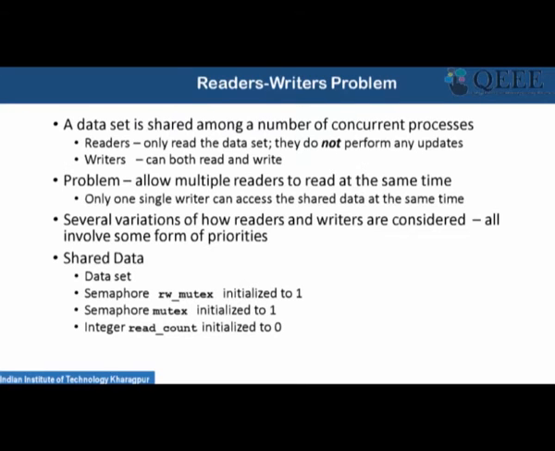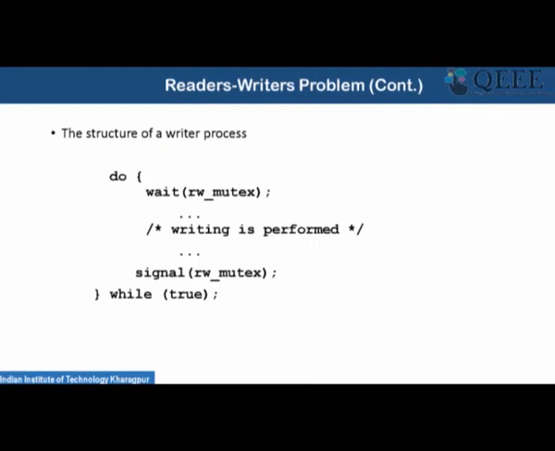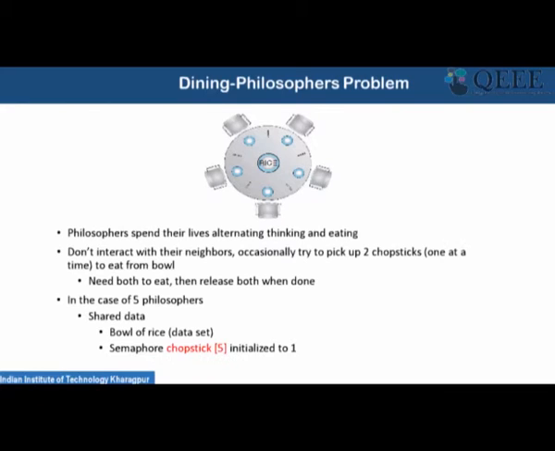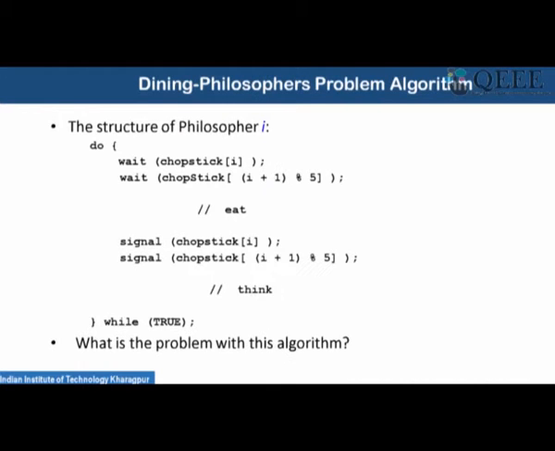So there are other conventional problems in process synchronization, like the readers-writers problem, that can be solved using the semaphore. Then there is the dining philosopher problem. These are some of the traditional problems which you can read from the Galvin book, on how the concept of semaphore is used to ensure synchronization among multiple processes.